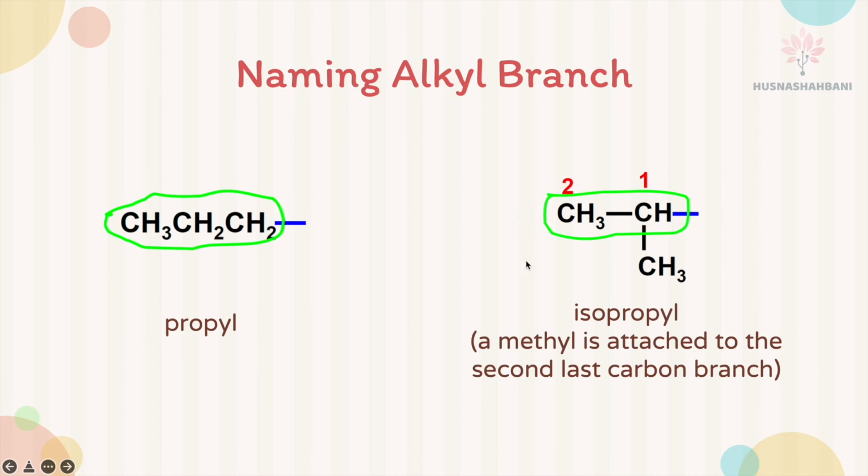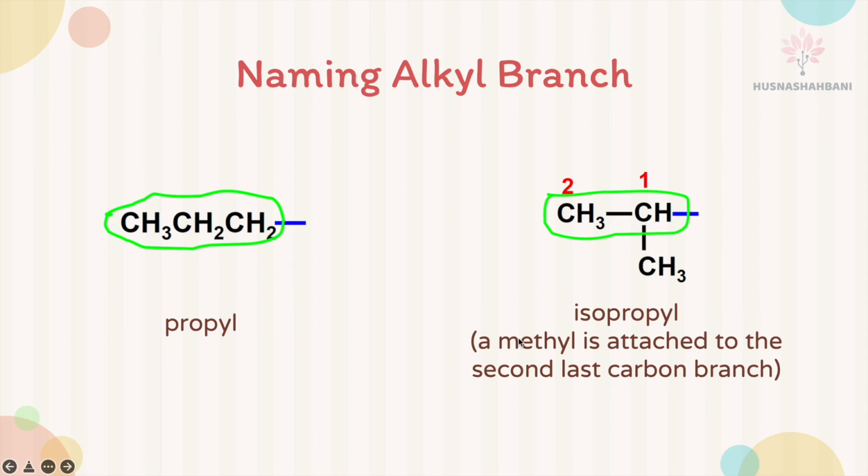And you look at the total number of carbon of the branch. The total number of carbon of the branch are 3 carbons. And you have to number the carbon number 1 that is attached to parent, and then this is carbon number 2. Okay, so the branch on the branch is at carbon number 1. So you have 1 methyl at carbon number 1.